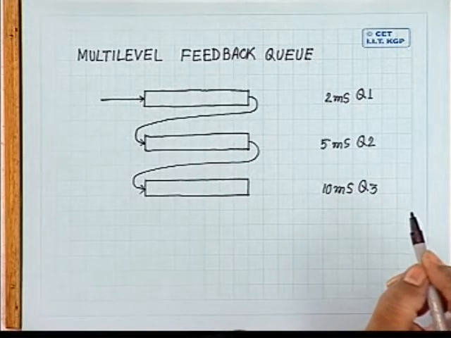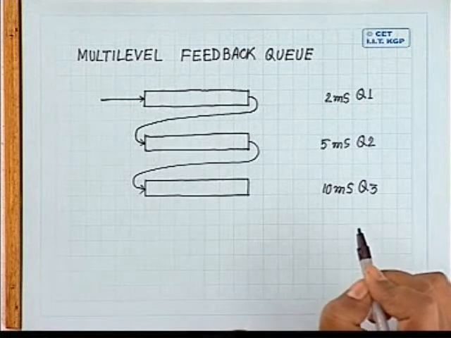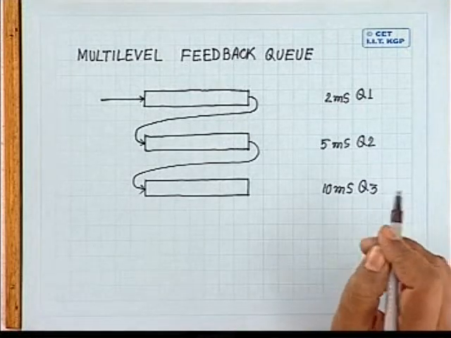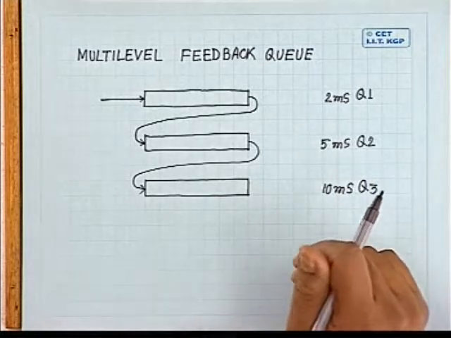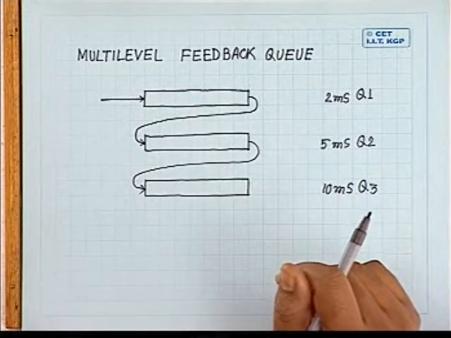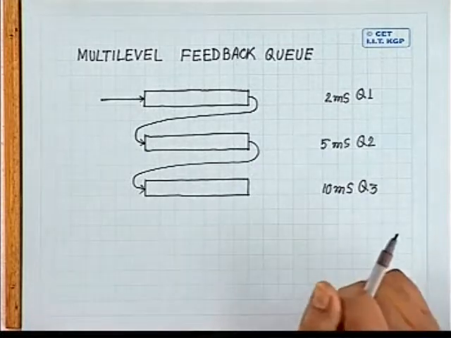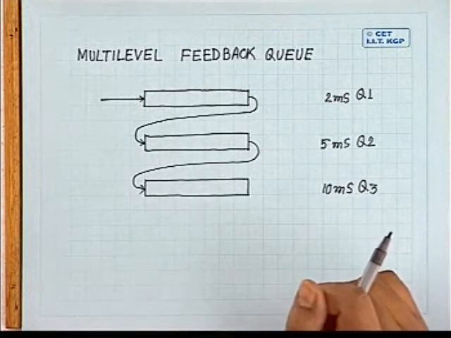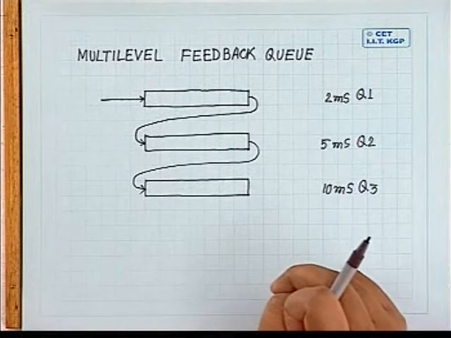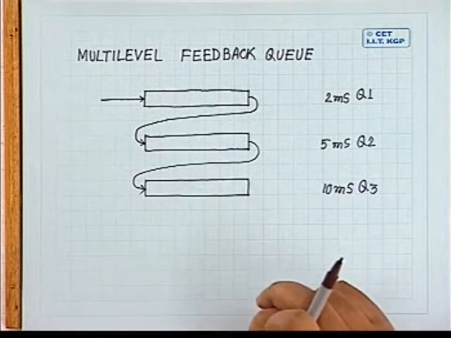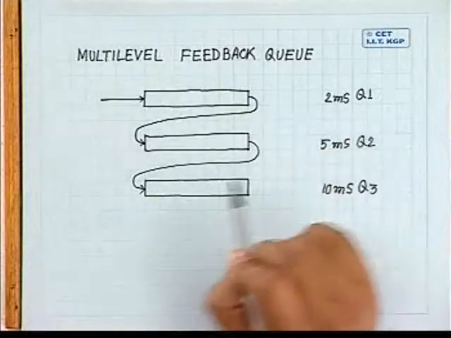So whenever a job enters the system for the first time, let me assume I don't know the nature of the job, whether the job is CPU bound or IO bound, or what will be the CPU burst duration of the job. I don't know anything. I simply put that into queue number 1. In queue number 1, the job will be allocated to the CPU for execution following the round robin scheduling technique. Now, once it is allocated to the CPU, it will be executed for a minimum of 2 millisecond time